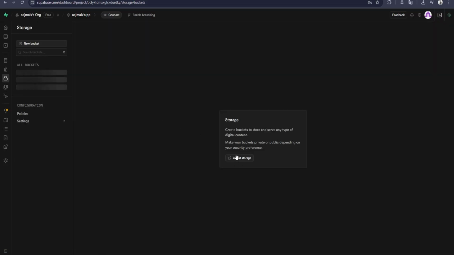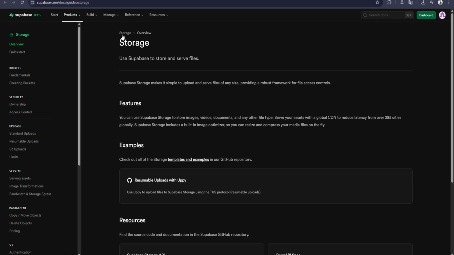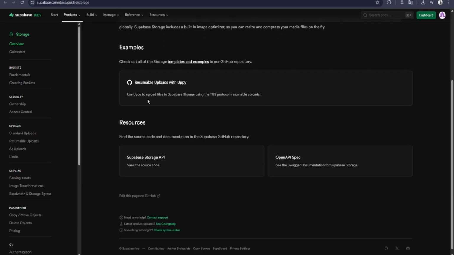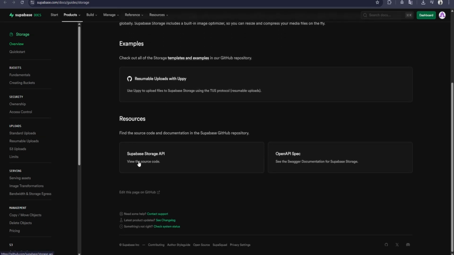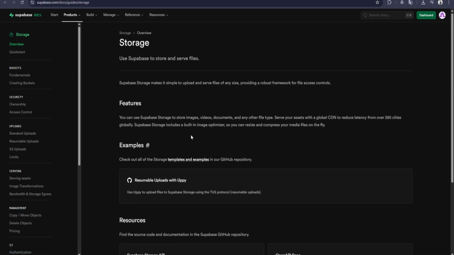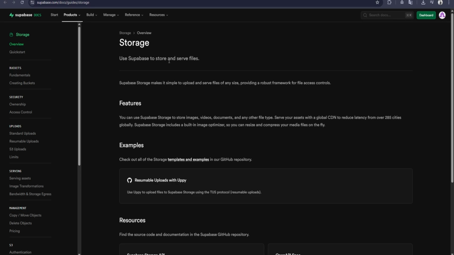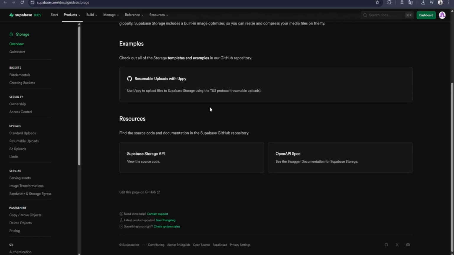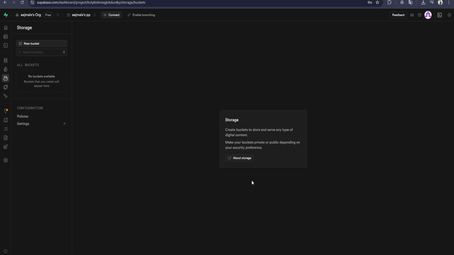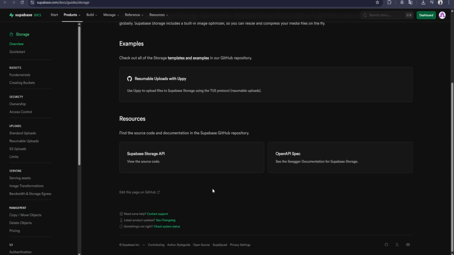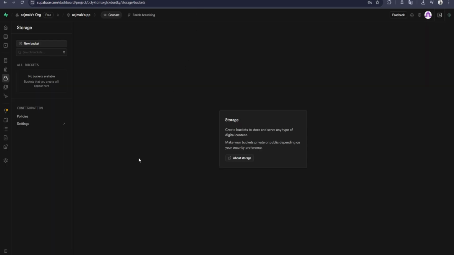Supabase also offers file storage, allowing you to manage user-uploaded files directly from the platform. Whether you need to store images, videos, or documents, Supabase provides a built-in file storage solution that integrates seamlessly with the rest of the platform. You can create storage buckets to organize your files and then upload and retrieve files using the Supabase client. This feature eliminates the need for external file storage services like AWS S3